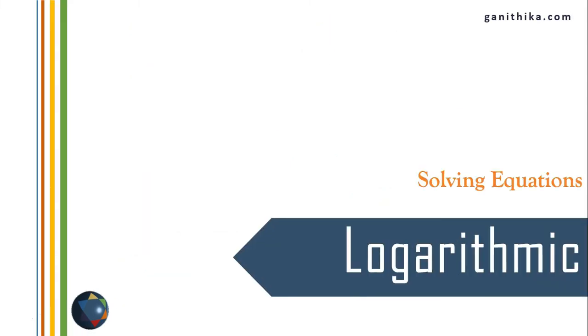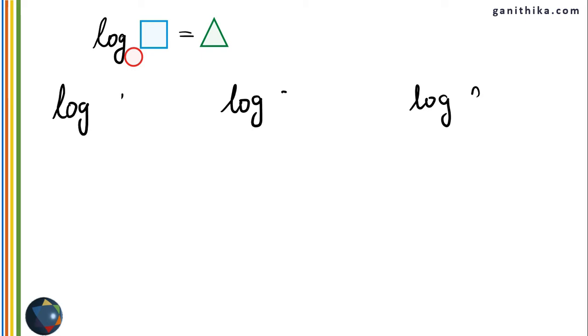Next, let's see how to solve logarithmic equations. A logarithmic equation looks like this. Log of something to the base of something equal to something. Again, we need three numbers here. Let's take 2 as constants, a and b, and x as the variable as we did before. So we will have three types of logarithmic equations here: log a base b equal to x, log x base a equal to b, or log a base x equal to b. And we will be solving one in each of these.